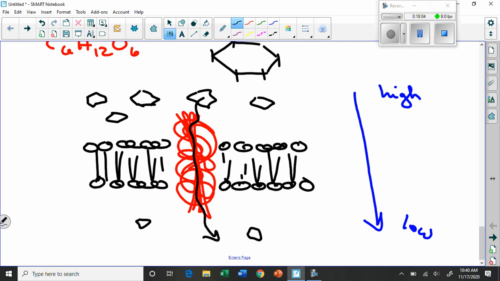So it's kind of like diffusion. It's still going from high to low, but it's requiring a little bit of help. It requires a little help because it can't fit on its own. So in other words, we have to open a gate to let it through. Okay? So you can imagine this just like a gate. If you think about a fence,